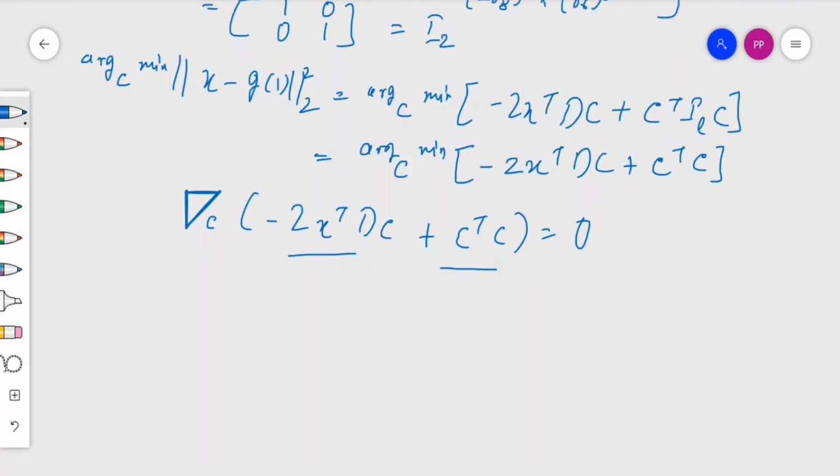So going further, we would see how each term within the gradient operator as parameter will be simplified, because when we take the gradient we have to differentiate partially for each element of the vector C. So we shall start with finding the gradient C over X transpose DC like this.